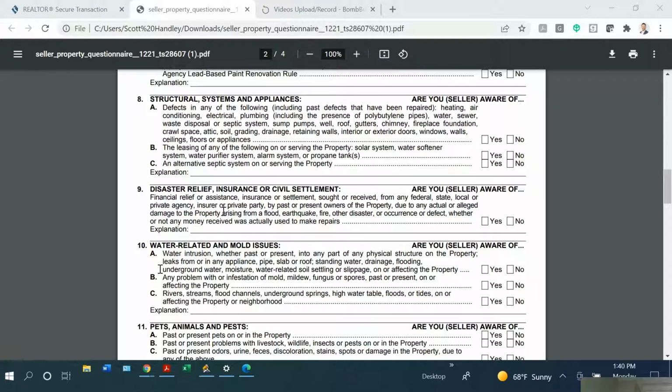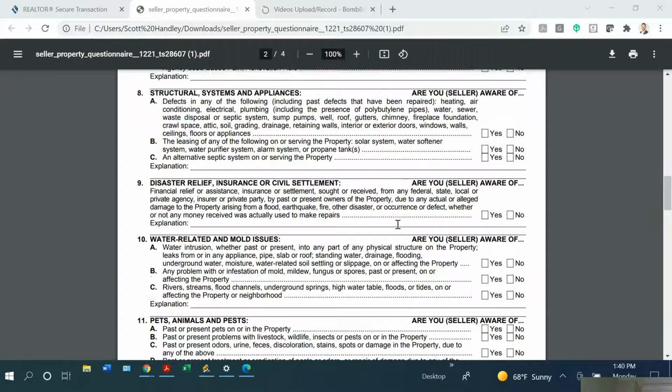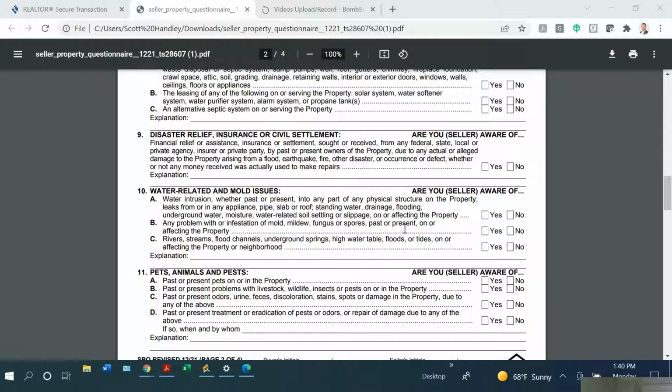theirs. A pretty big one. They should know if they've had a flood. And if they have, they need to mark yes here and explain the issue. Number 2, water and mold issues. This is another important one that the seller needs to be forthcoming on. 10A, water intrusion, whether past or present, into any part of the physical structure of the property, leaks from or